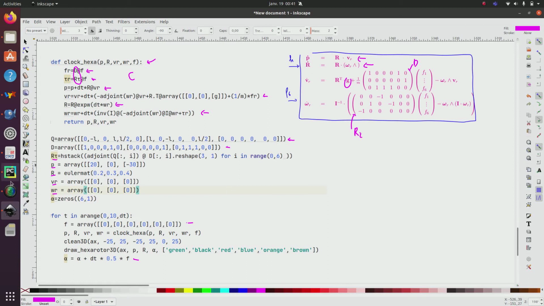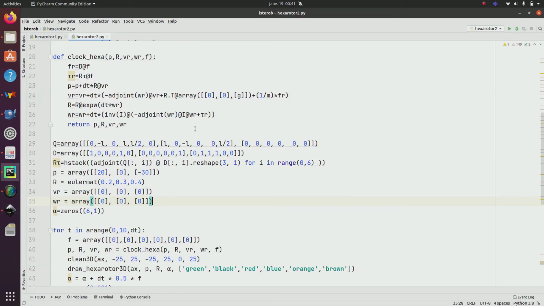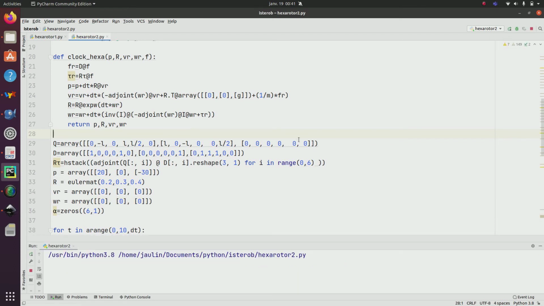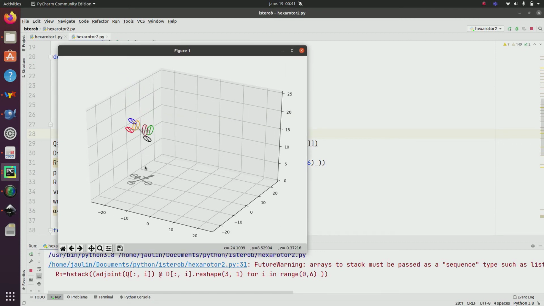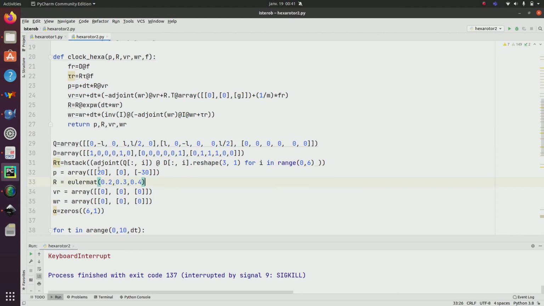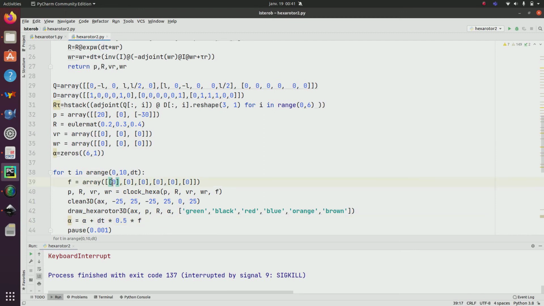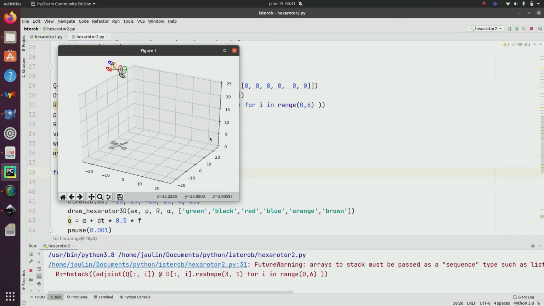I switch to Python, and if I run this program, I can see that the quadrotor falls down and the blades are not moving at all. So it's quite normal. If now I change, for instance, here I will make one blade turn, for instance the first one, let's say 5 or 20, so I will create a rotation, and we can see that it's turning with respect to X. But it's still falling down.